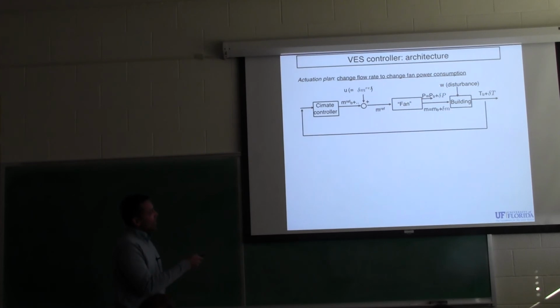Now the fan controller doesn't know that I'm messing with it. It is going to just see this reference signal is changing, and it's going to do its own control to make sure that this airflow rate tracks this input. And of course, this new airflow is going to hit the building. That's going to lead to some temperature variation from the baseline. And then this new temperature is being read by the climate controller, and it's going to go on. So the only thing we're going to do is go in there, cut that wire,